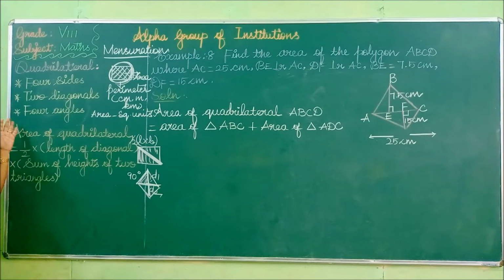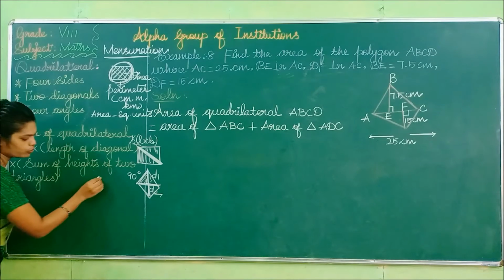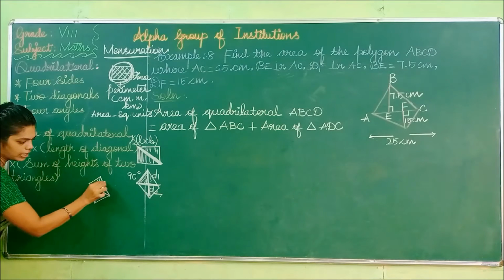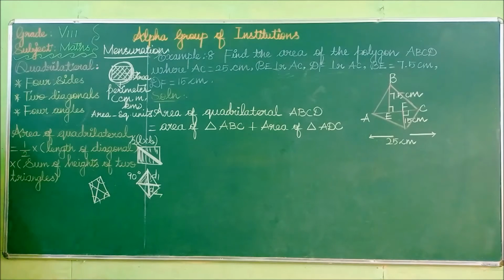So today we are going to learn the quadrilateral. A quadrilateral is nothing but an irregular trapezium. When we count a figure as a quadrilateral, you take one closed figure. If it contains 4 sides, that figure is called a quadrilateral. The figure contains 4 sides and 2 diagonals. These are the 2 diagonals and 4 angles. Each and every point has an angle.